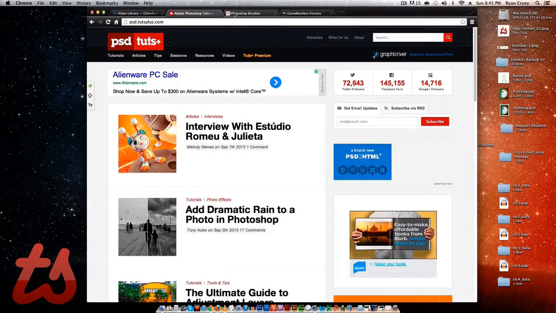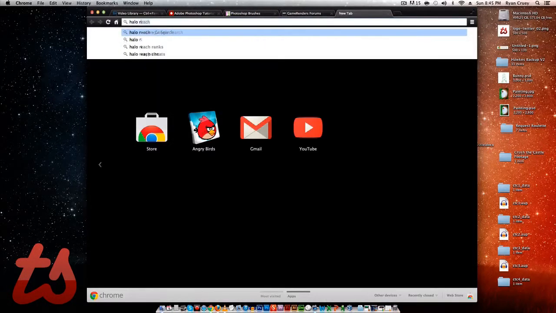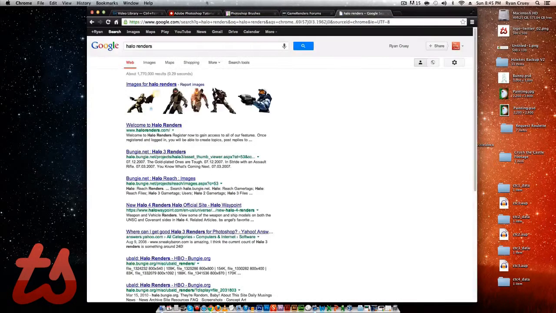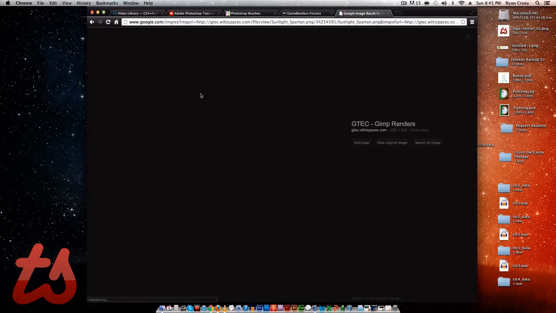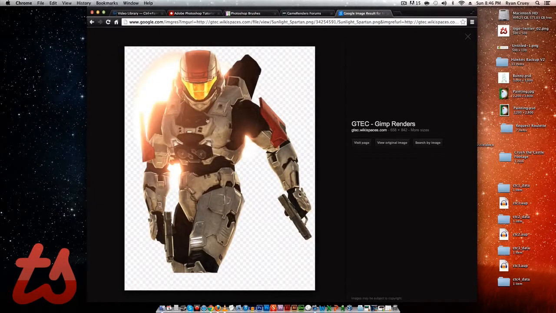Another good site to check out is for video game renders, and renders are just like the image. So for example, I'll type in Halo renders, and we can get a PNG image of Master Chief where the background's white here, but it's really just him in the picture. The white doesn't show when you save the image. So you can use these to make signatures, wallpapers, backgrounds, what have you. You can see how the background just turned into that checkerboard. That means it's a transparent image.